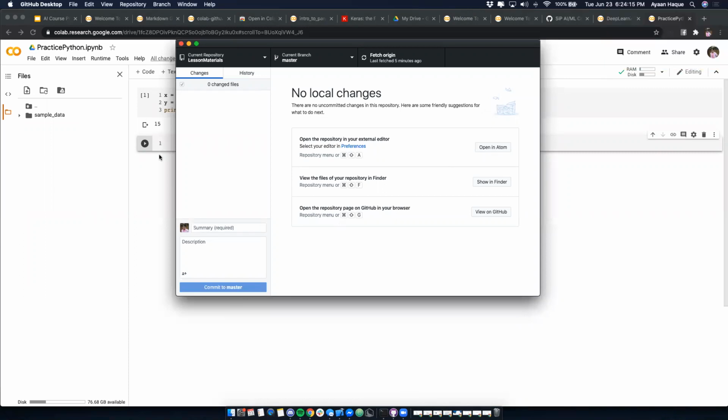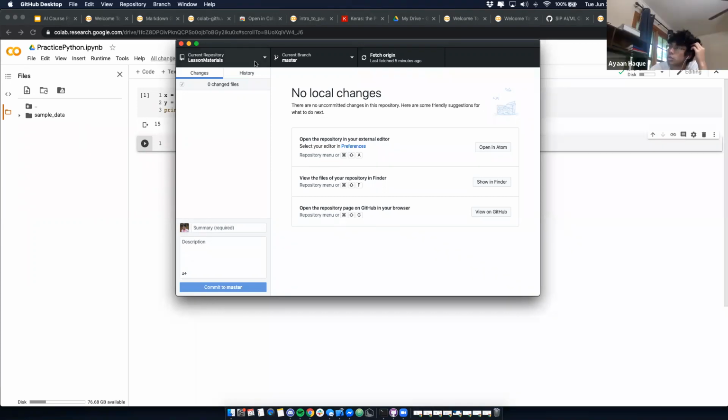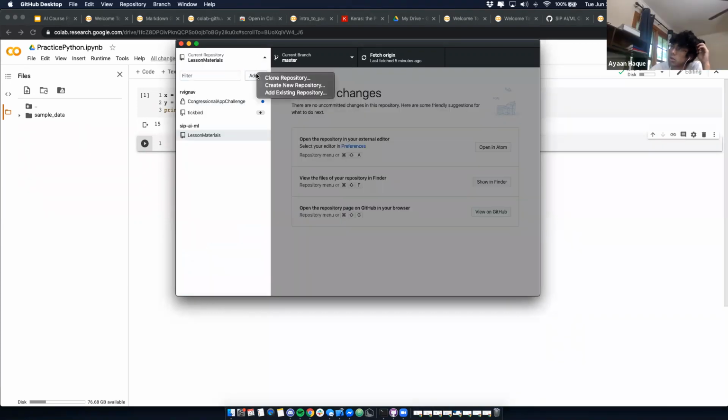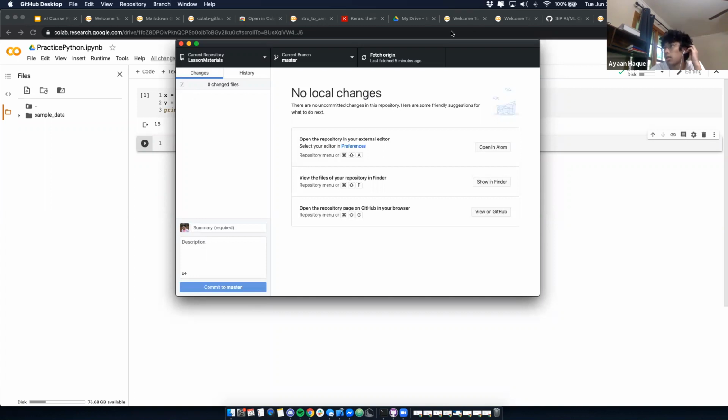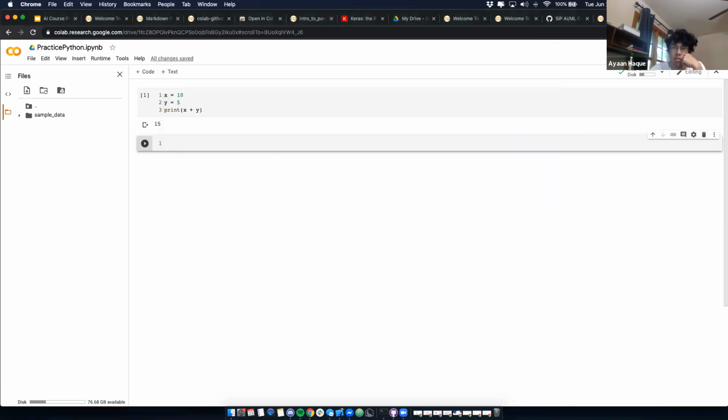Wait, so I download it as .py or .p? IPYNB, the notebook one. Okay. And then I move it. So did you clone your own repository as well on your computer? Yeah. So move that file into your own repository. And then you'll be able to see your changes. So then commit it and then push to origin. Are there any other questions? Because we're like 30 minutes over.